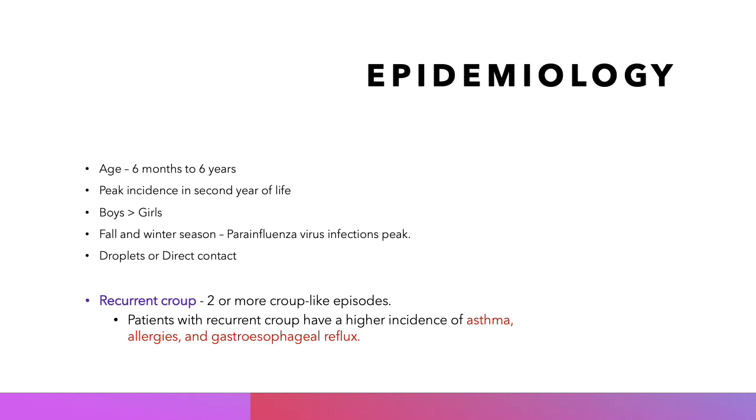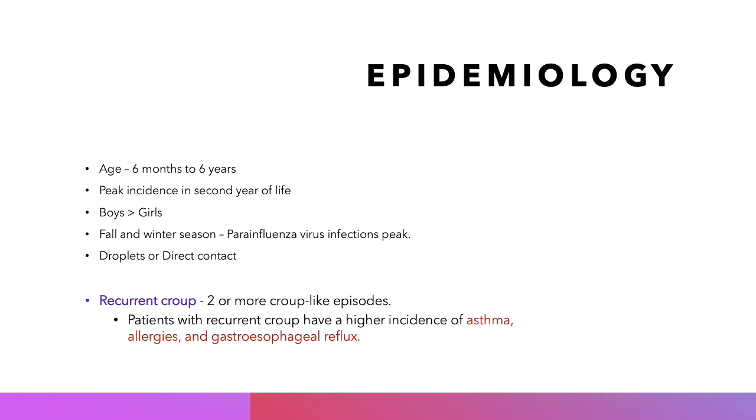Laryngotracheobronchitis is one of the most common causes of upper airway obstruction and acute respiratory difficulty in preschool children. Although croup can occur from young infants to adolescents and rarely in adults, it occurs most commonly from 6 months to 6 years of age. Peak incidence is seen in the second year of life, and boys are more affected than girls by a ratio of 3:2. It is more common during fall and winter, and that corresponds with the peak of infections of parainfluenza virus.